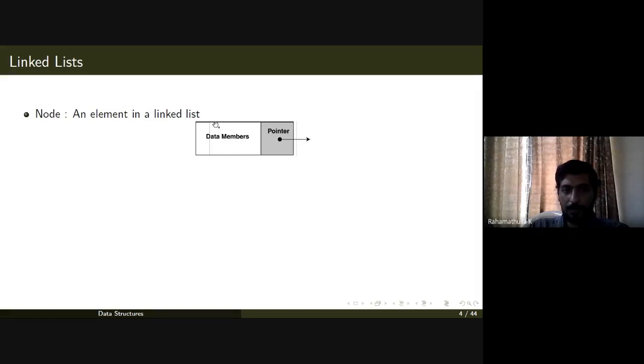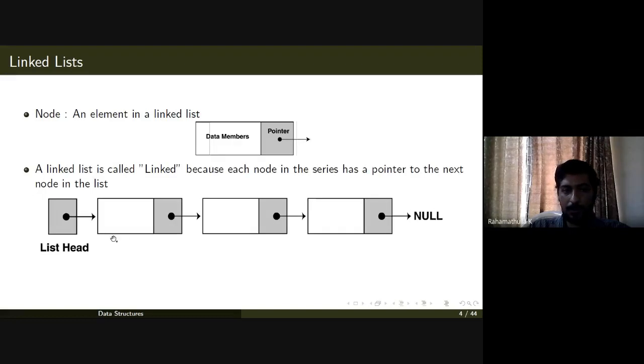For example, if your node has two data members, one containing an integer and another containing a character string, something like a student data structure where the student roll number is the first entry and the student name is the second entry. You can store it like this: first roll number one, student name, then a pointer. Then you can have another node like this. This corresponds to the first student. So roll number one, student one, roll number two, student two, and so on.